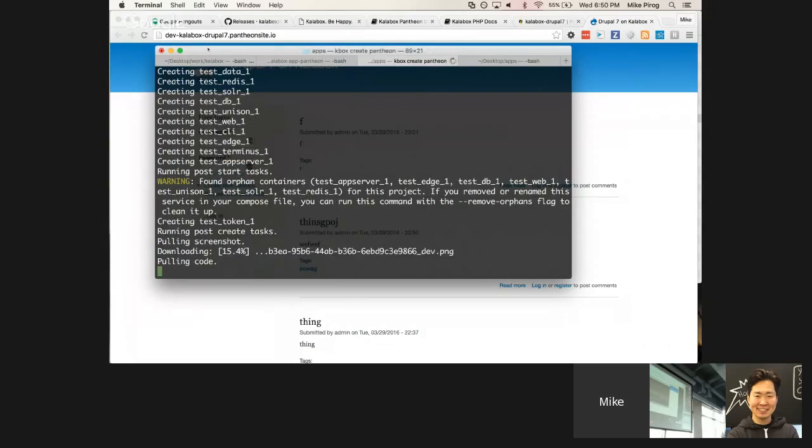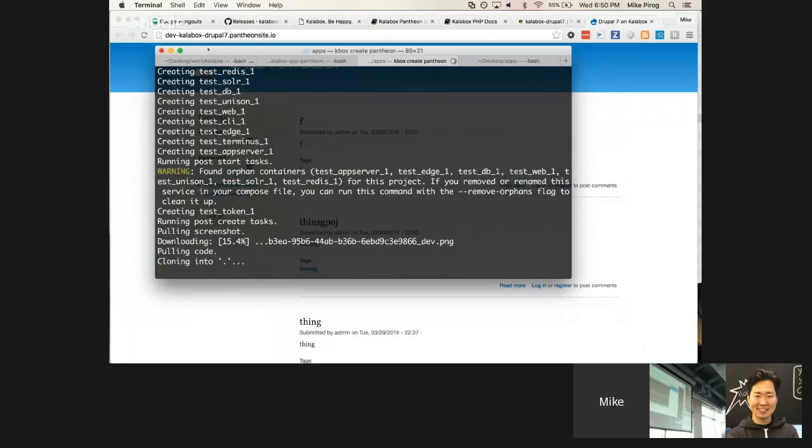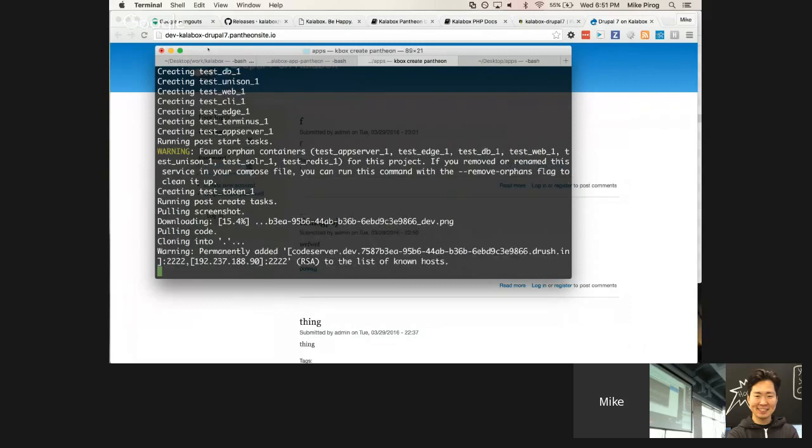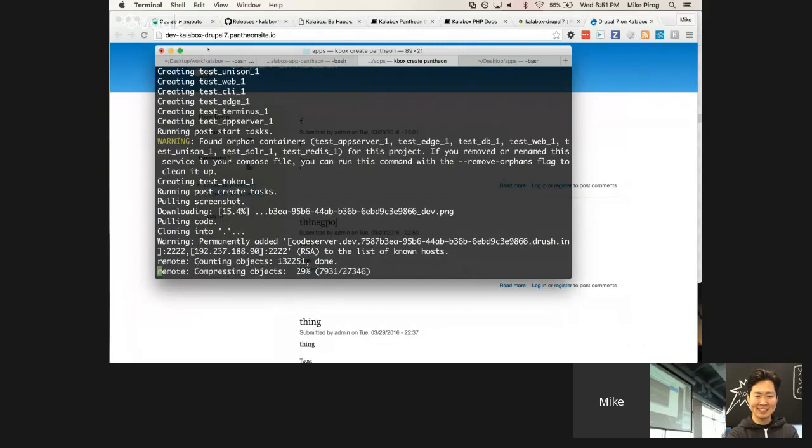So we've spun up those containers, so now we have the infrastructure to run the site, and this is where the nice Kalabox magic happens. We're grabbing your Git code and cloning it down, we're going to grab a snapshot of your database and pull that down, and then we're going to rsync your files down. When this is done, we should be able to go to test.kbox